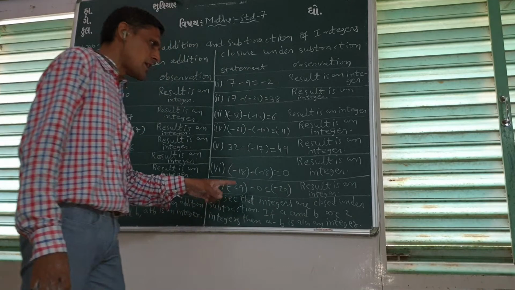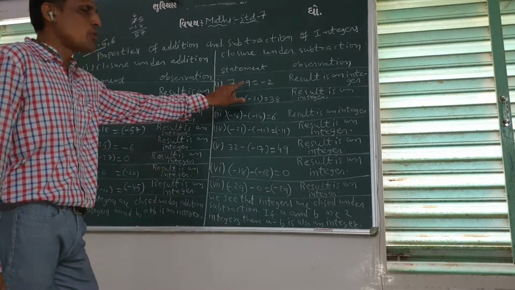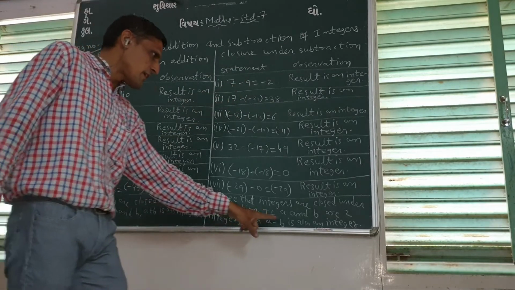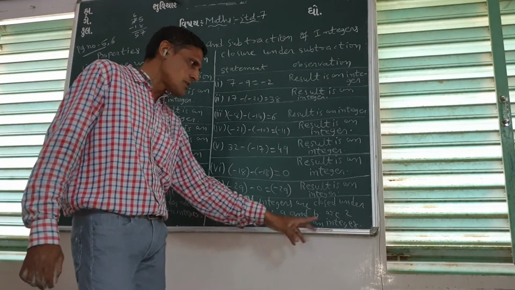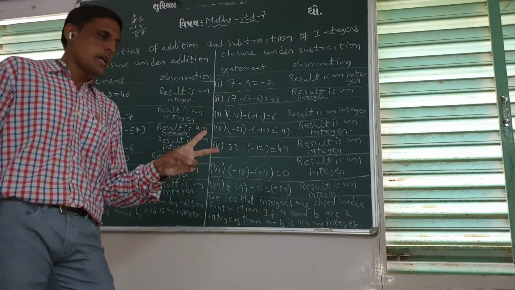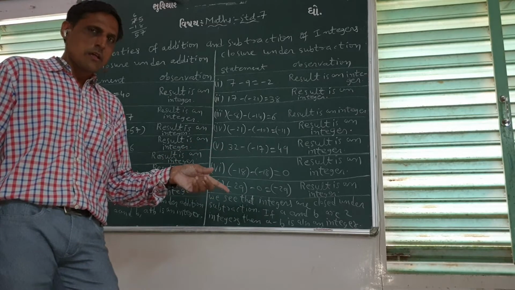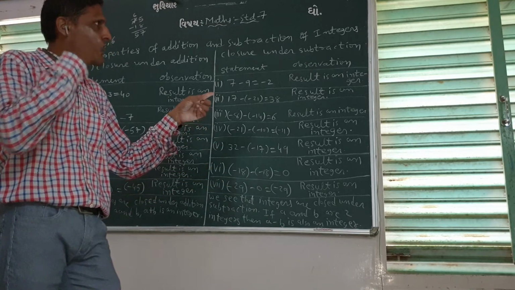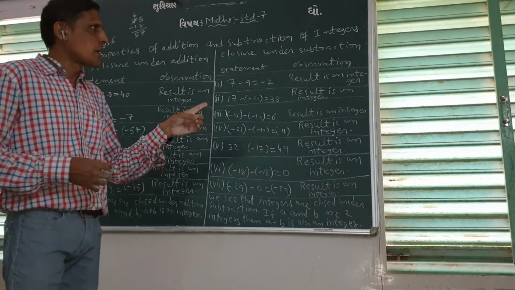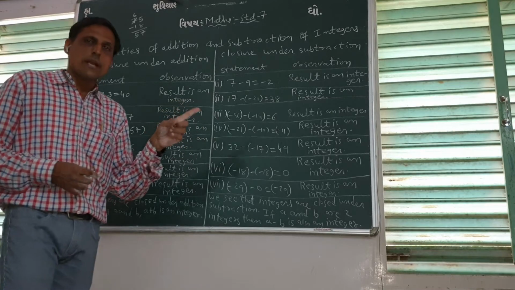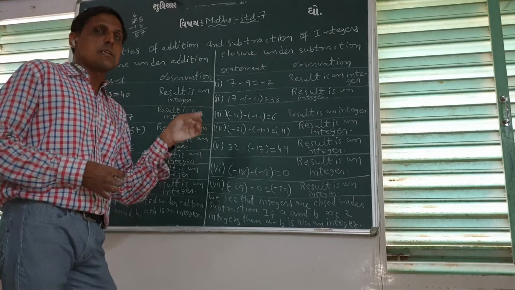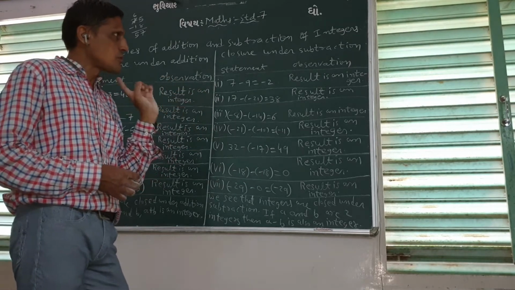So we see that integers are closed under subtraction. मतलब कोई भी दो इंटीजर को सब्ट्रैक्ट करो, आंसर इज इंटीजर, राइट? So if a and b are two integers, then a minus b is also an integer. सो एडिशन एंड सब्ट्रैक्शन आर क्लोज फॉर इंटीजर्स, राइट. Integers are closed for addition and subtraction, right. So closure property holds for addition and subtraction. So this is closure property.